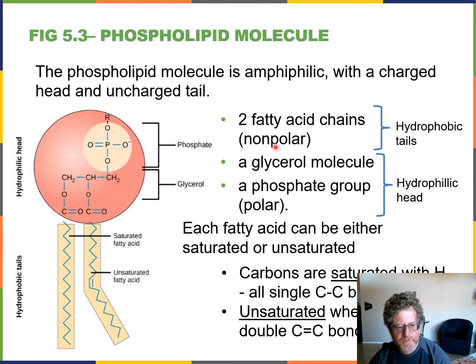Here's a blow-up of how a phospholipid molecule works. A phospholipid molecule is amphiphilic. Amphi means both. Philic is loving, like the city of Philadelphia is a city of brotherly love. So the head is charged, the tails are uncharged, and so that's why they form the phospholipid bilayer,